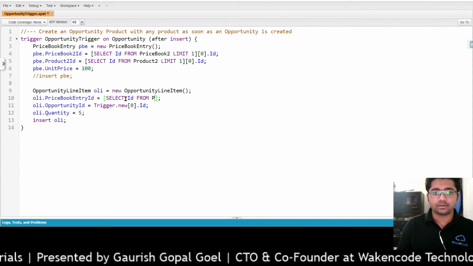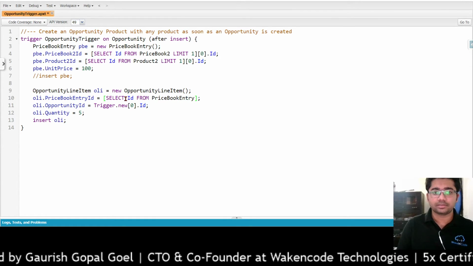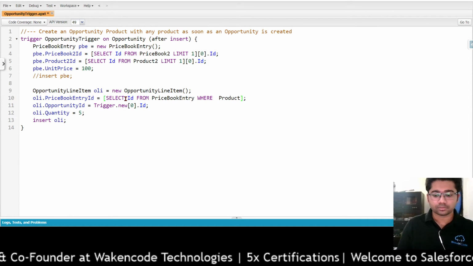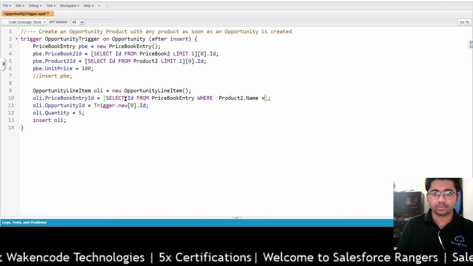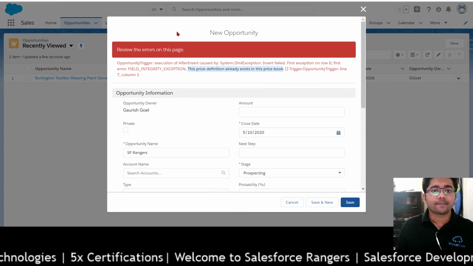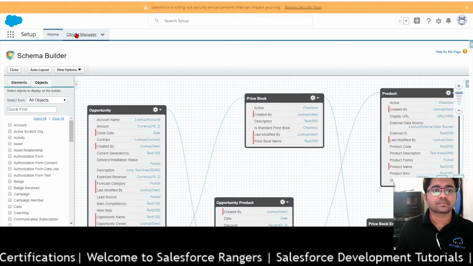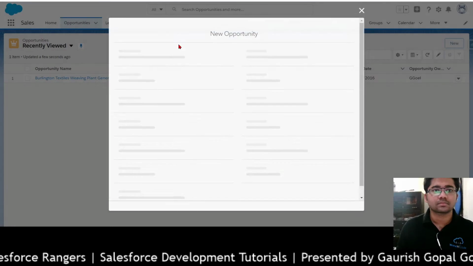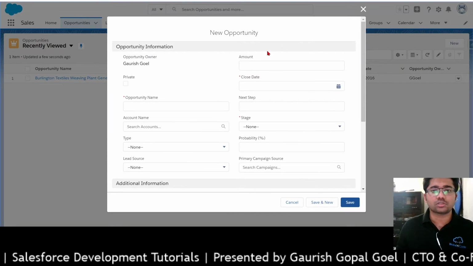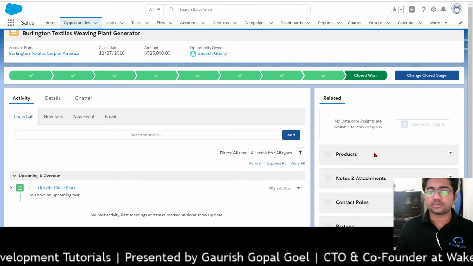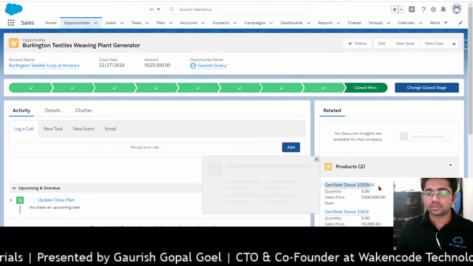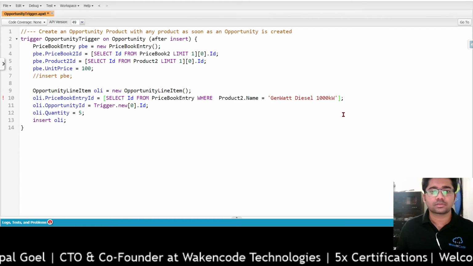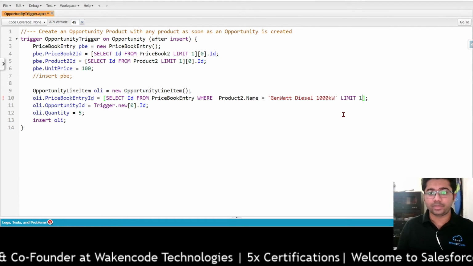Select Id from PricebookEntry where Product2.Name equal to, let's choose a product, Genwatt Diesel 1000kW, limit 1.